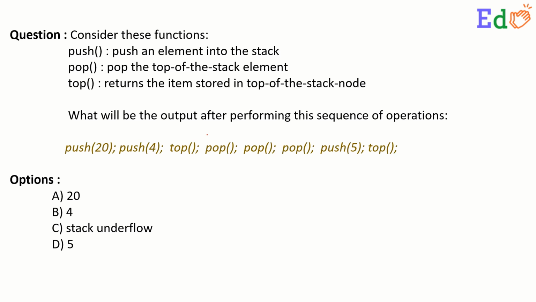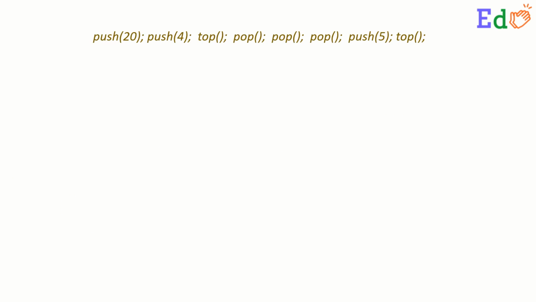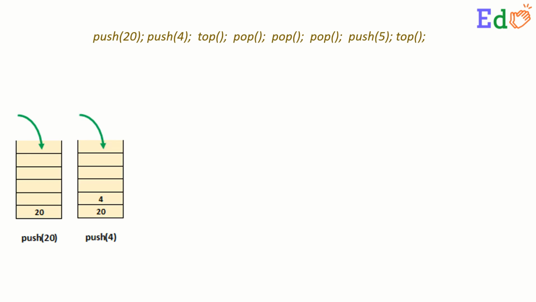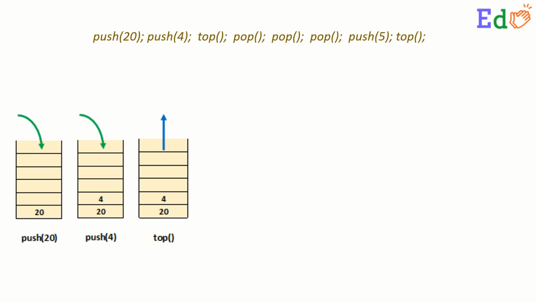So let us now try to execute this operation. This operation is 2 pushes and then top, followed by 3 pops and then push and then finally top. Once we execute push 20, we see that this element comes at the bottom of the stack, and then 4 comes afterwards. After the top operation, 4 is actually returned, but it still remains in the stack, and